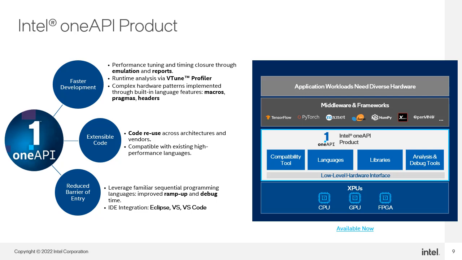You can get runtime data across your host and accelerators through the vTune profiler, plus easily develop complex hardware patterns implemented through macros, pragmas, headers, and other built-in language features. Using the OneAPI model provides you an extensible code that is compatible with existing high-performance languages, such that you can now reuse source code across multiple hardware architectures and vendor platforms, although code will need optimization to be performant on a